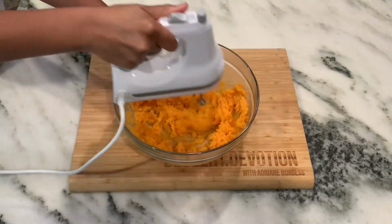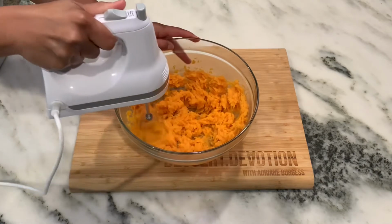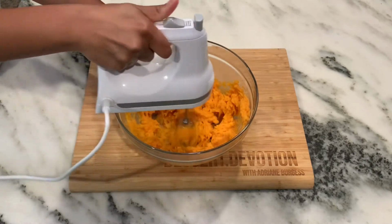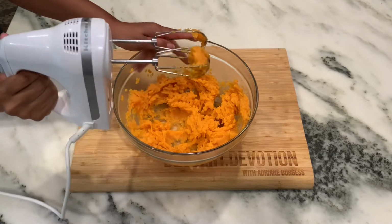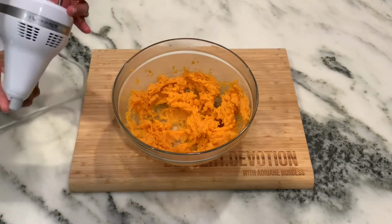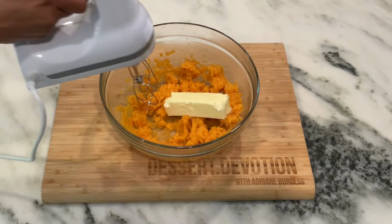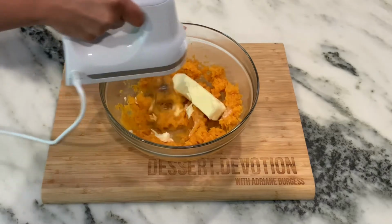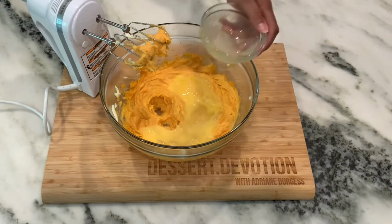One trick my mom always taught me was after you've run the beaters through the sweet potatoes, lift them up, and whatever comes off those first few major strings, be sure to rinse those off of your beaters so that your pie isn't stringy before you move on to add your next ingredients. Now I'm going to add a stick of softened butter, 2 beaten eggs,